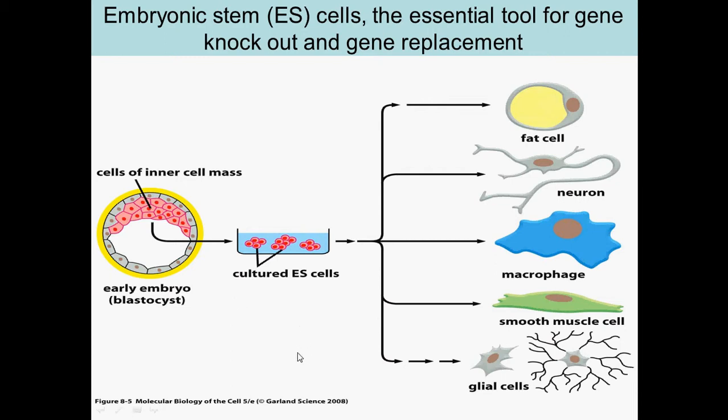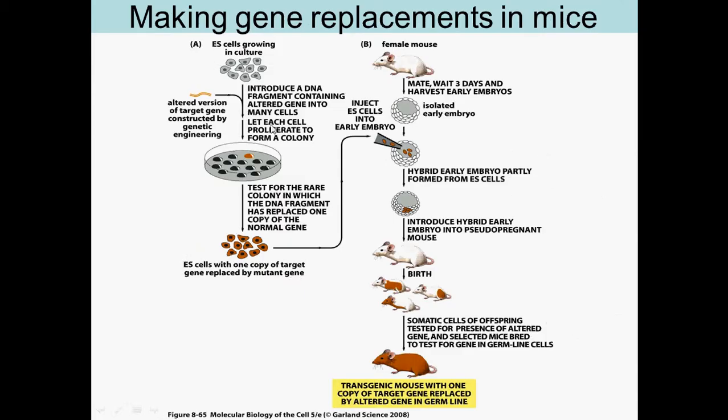You take out the differentiation factors so that they don't change and they remain as pluripotent cells or embryonic stem cells. And then you grow the embryonic stem cells in culture, and then you can alter it by introducing a target gene into the cells, and then you grow the colonies, and then you can test the colonies for your desired gene